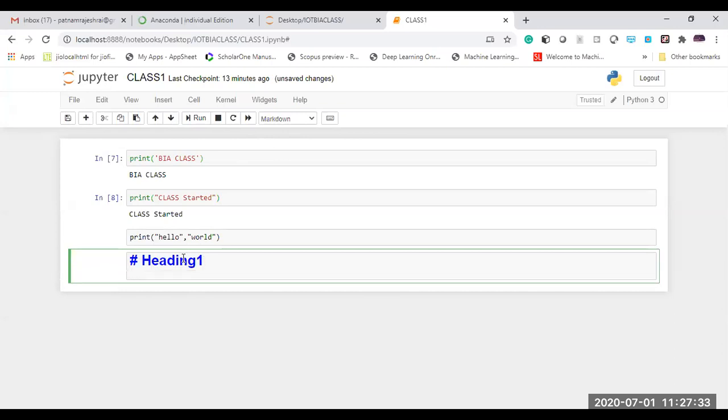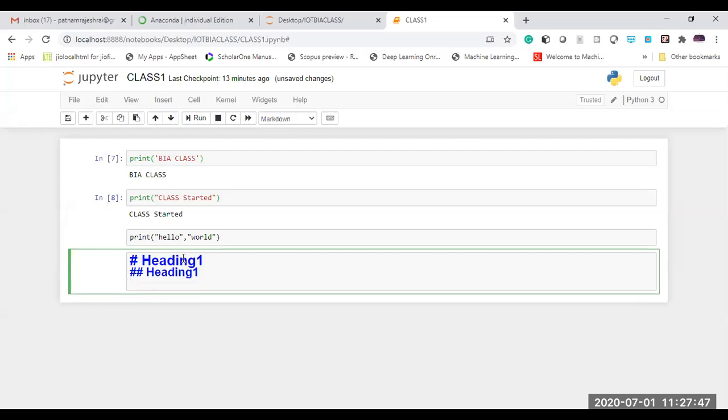If you want to decrease the font size, I will use more hash symbols. You can see here the difference. When I have 2 hash symbols compared to the previous heading 1, it is much smaller. If I add more hash symbols, the heading size will decrease.